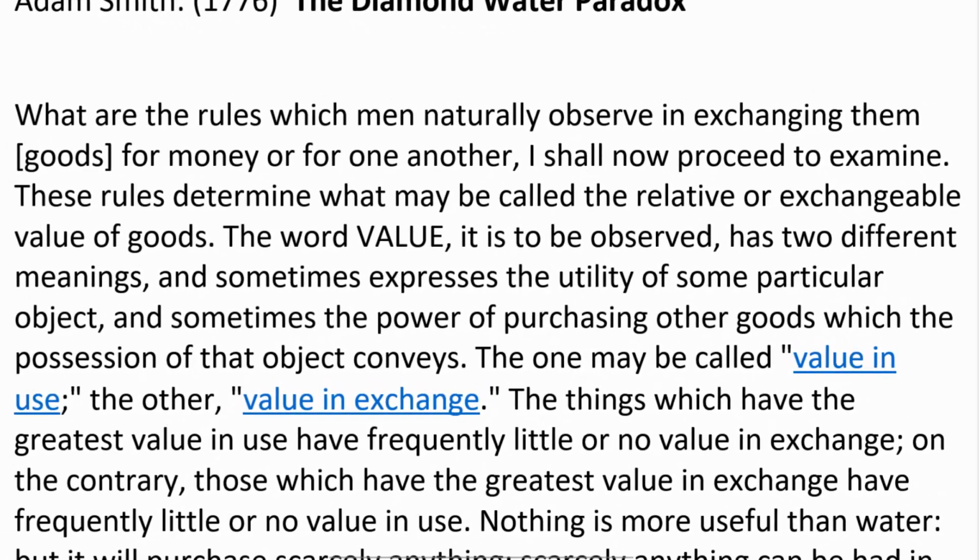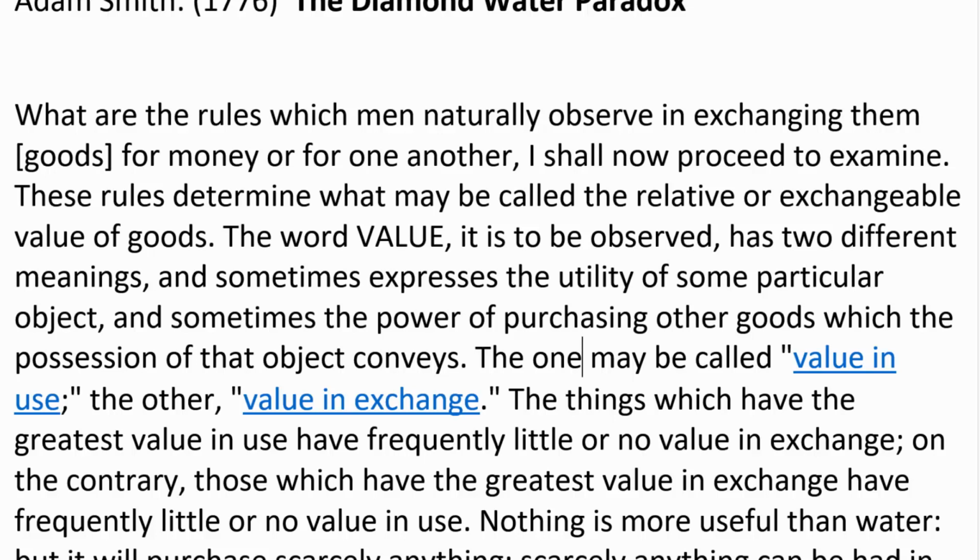He says, "What are the rules which men naturally observe in exchanging them," he means goods, "for money or for one another, I shall now proceed to examine." This is how he usually talks in his book. "These rules determine what may be called the relative or exchangeable value of goods. The word value, it is to be observed, has 2 different meanings. Sometimes expresses the utility of some particular object, and sometimes the power of purchasing other goods, which the possession of